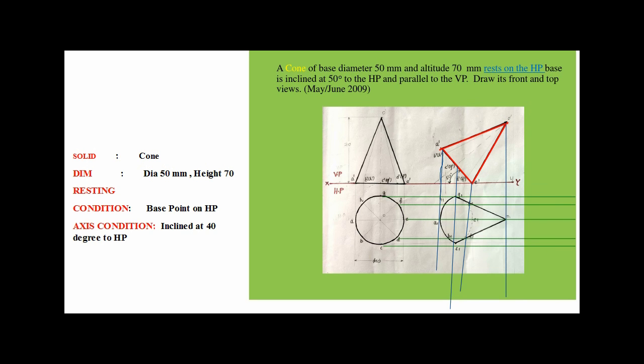The intersection of point A dash and A, you will get A here. Similarly, you will get point O here, in such a way that the intersection of point O in the first stage top view and the second stage front view, the intersection of this line and this line, you will get point O. Similarly, see here C: the intersection of this line and the horizontal line drawn from point C, you get point C here. Similarly, find out all the base points.